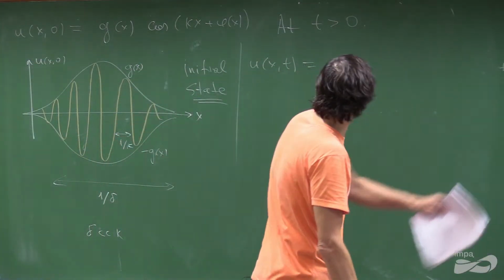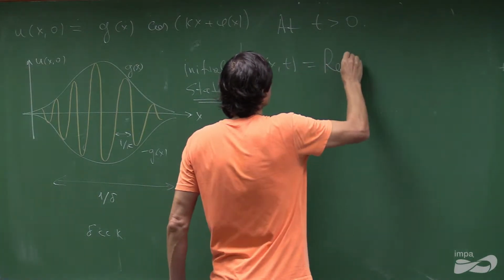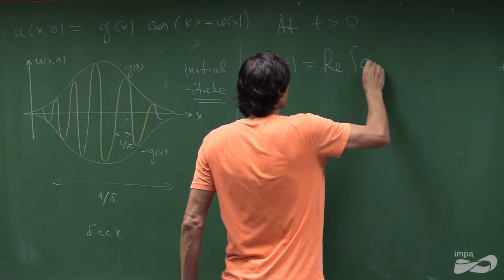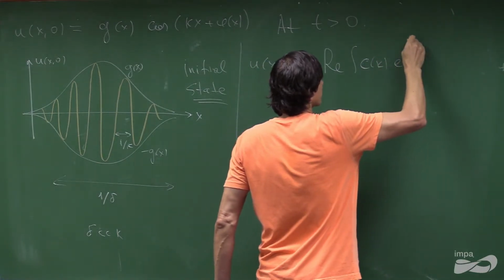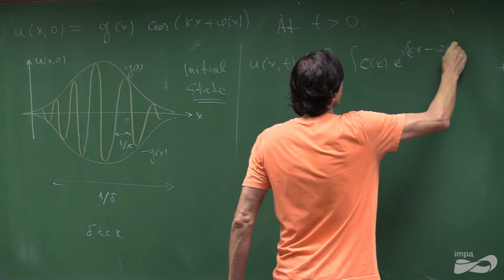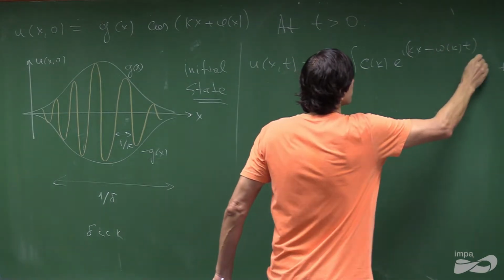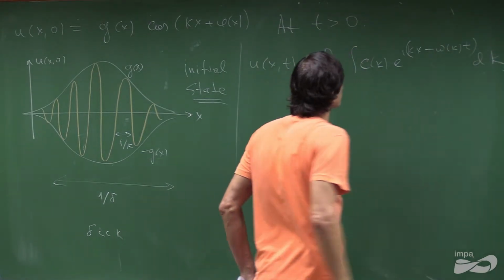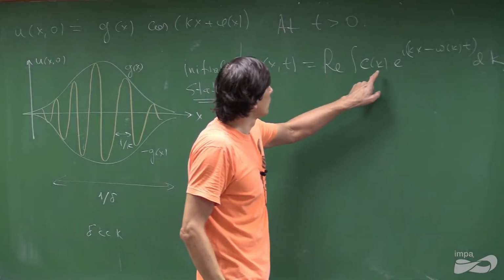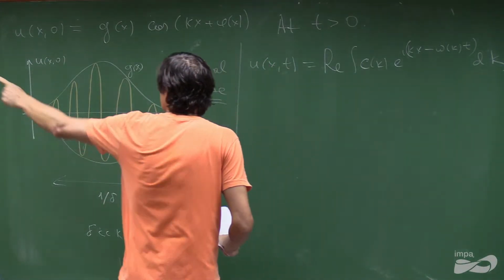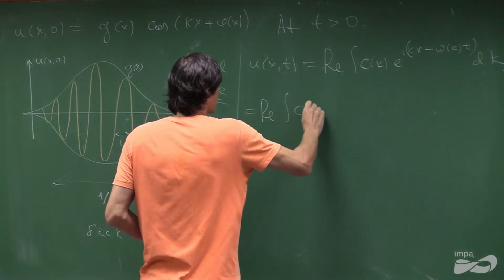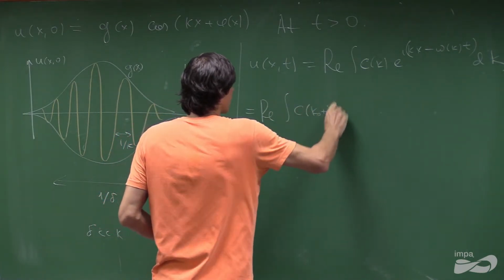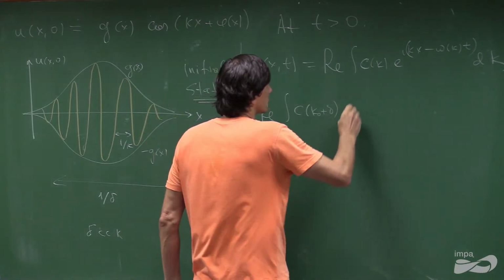Now we keep the full integral. So next we substitute k from that form, c of k0 plus delta,